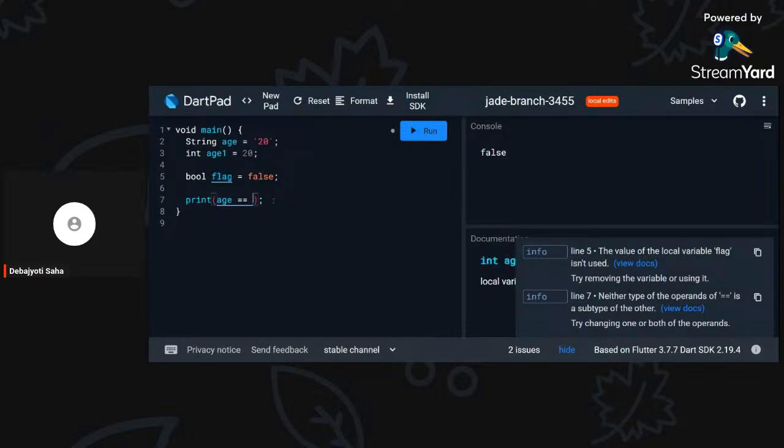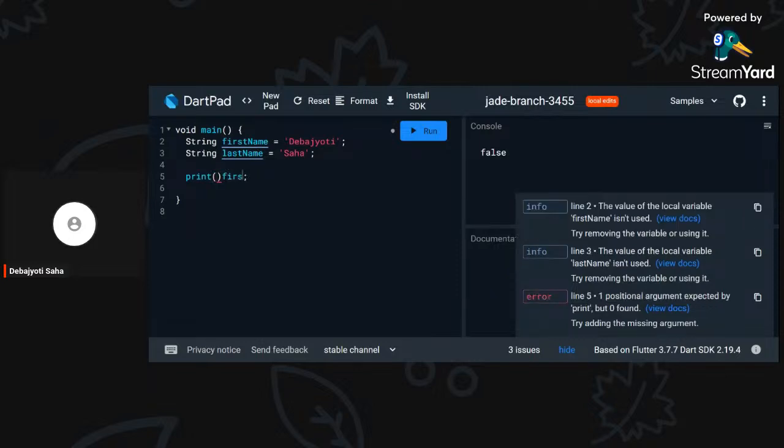Now we have discovered a lot of data types. Let me show you. If I want to concatenate these two strings into one print statement, how can you do it in Dart? So first of all, I can do